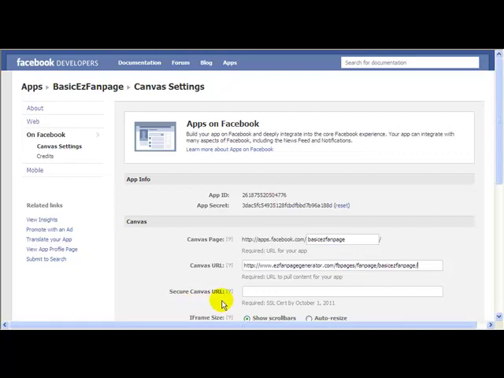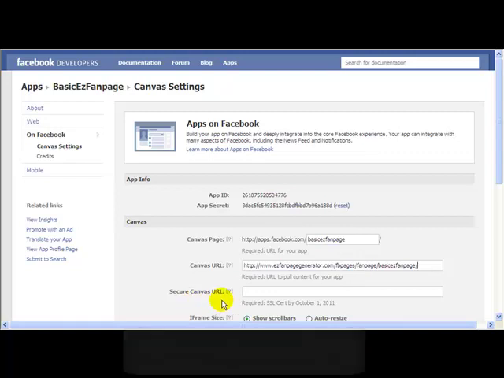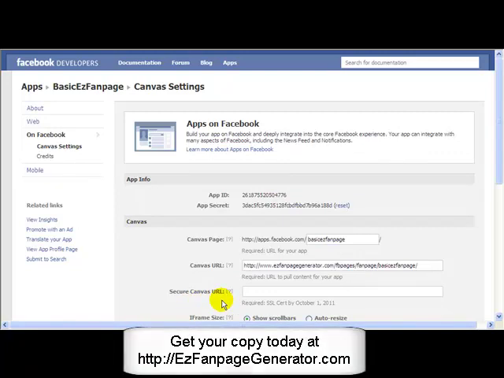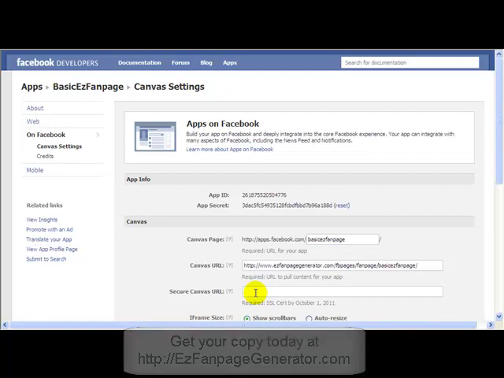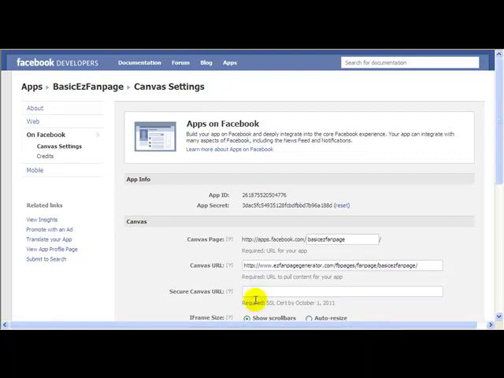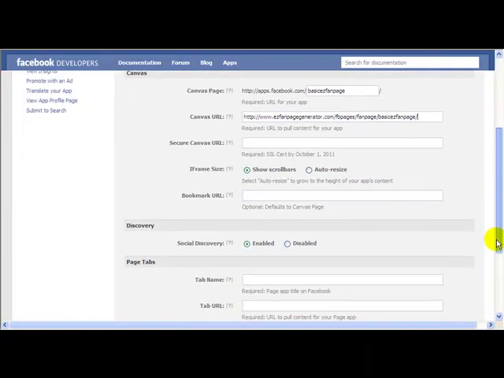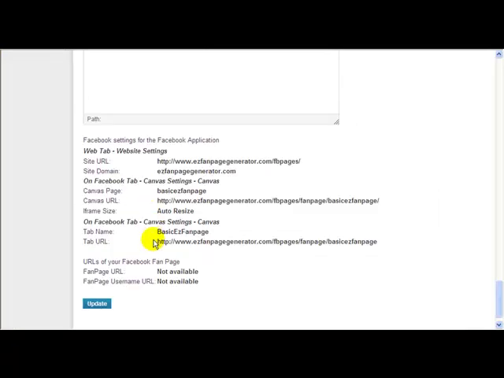The secure Canvas URL, if you're using SSL, if you've got an SSL certificate on your website, then you put that in here. I'm going to show you a separate video that covers all of that, so watch the separate video for that. For the moment, I'm going to just ignore that. Here I want to set this to auto resize, the iframe size. You'll see that on the fan page, it already tells you that that's what you want to set it to,